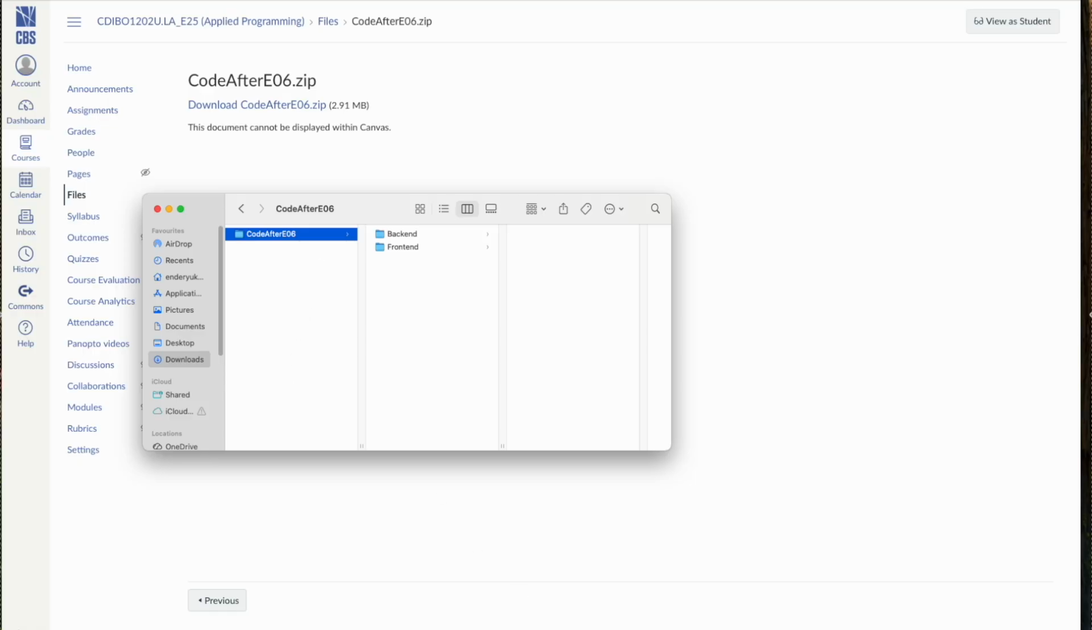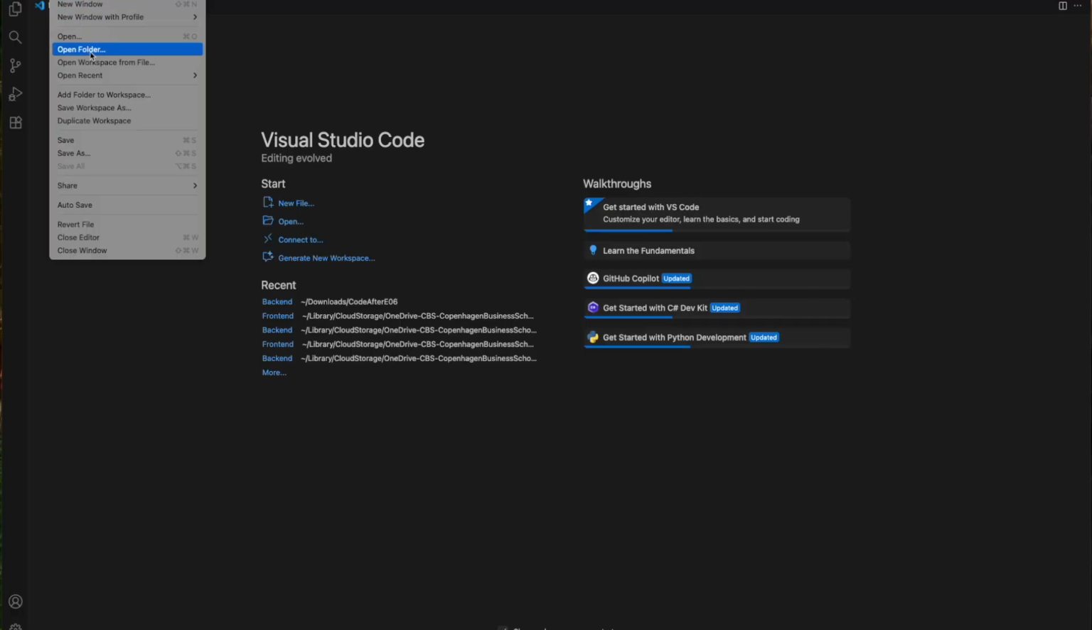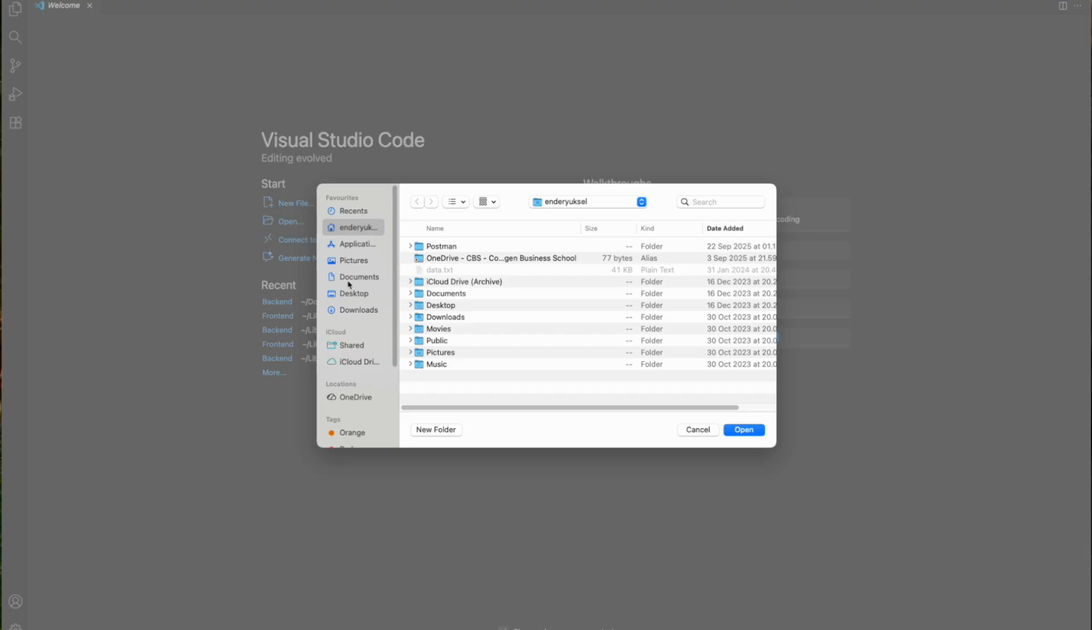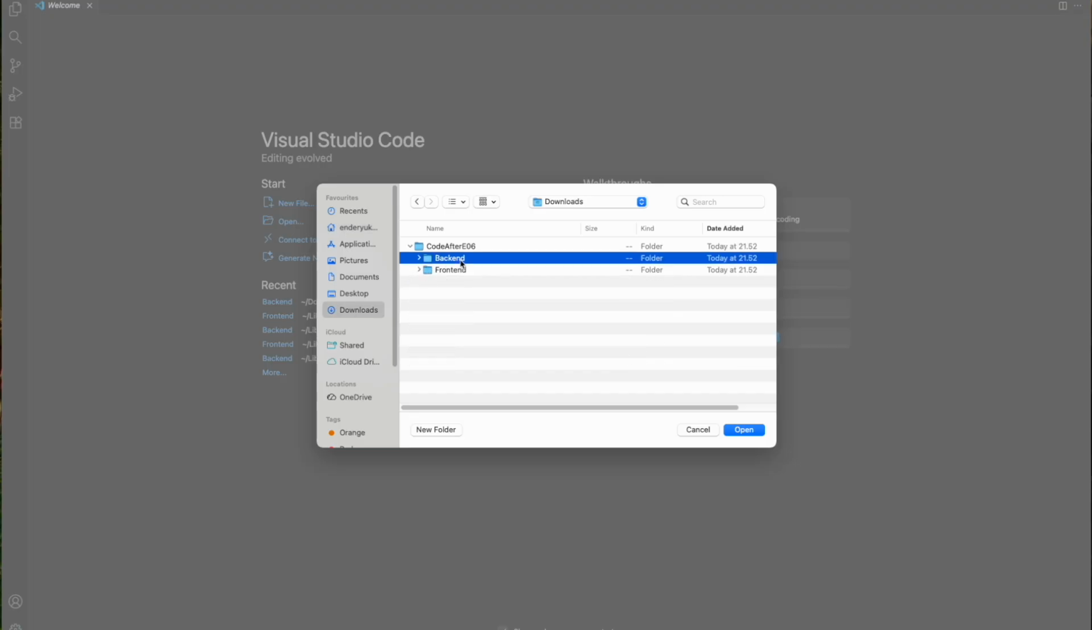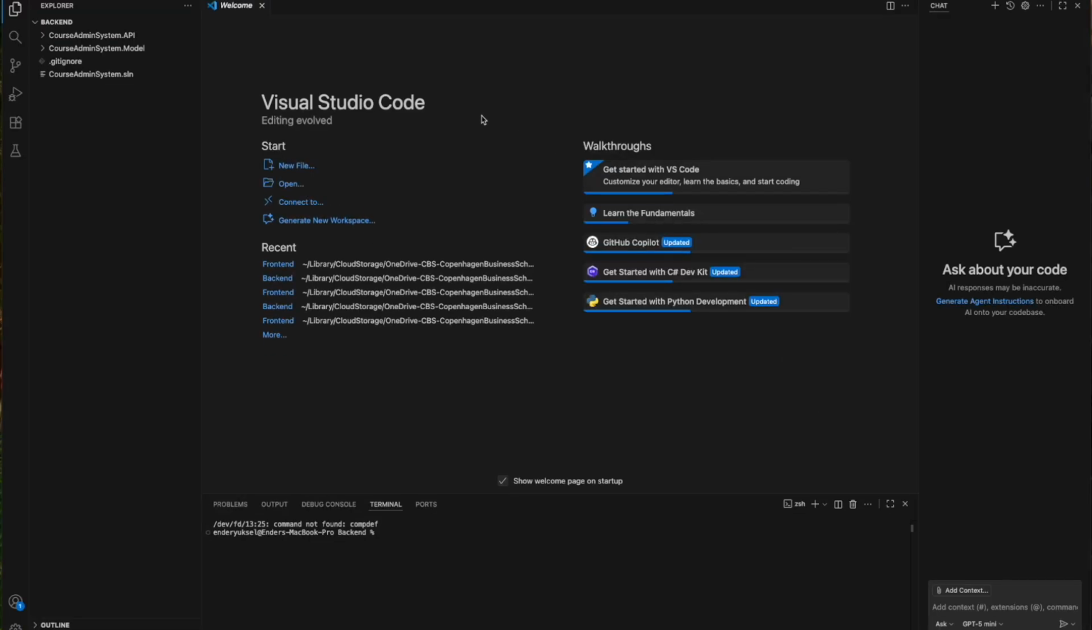As you know, the backend code contains especially our web API project, and the front-end code contains our Angular project. And I will open the code in Visual Studio Code or VS Code in two different instances, and I will start first by running the backend code. So let's just open the folder and then point to where we have downloaded our code and choose the backend